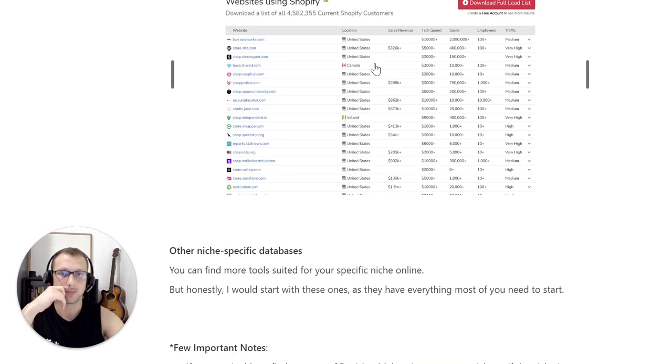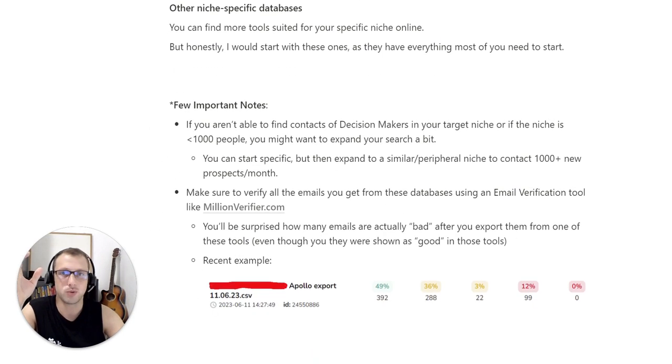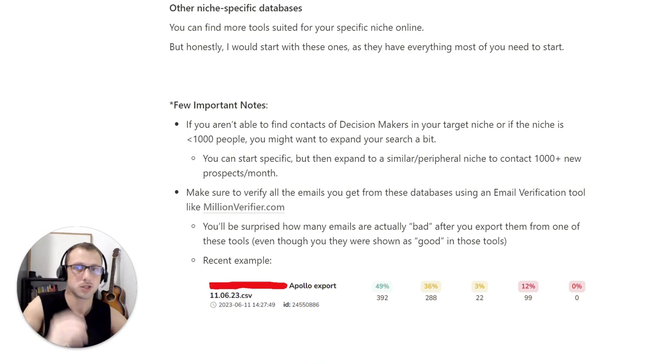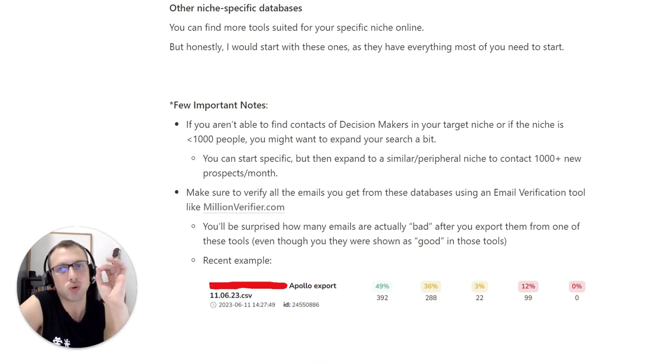Cool. Also, you can leverage other niche-specific databases, so you can find more tools suited for your specific niche just by going online, Googling this. But honestly, I would just start with the tools above because they have everything most of you need to start. Now, a few important notes I want to finish this section off with is if you aren't able to